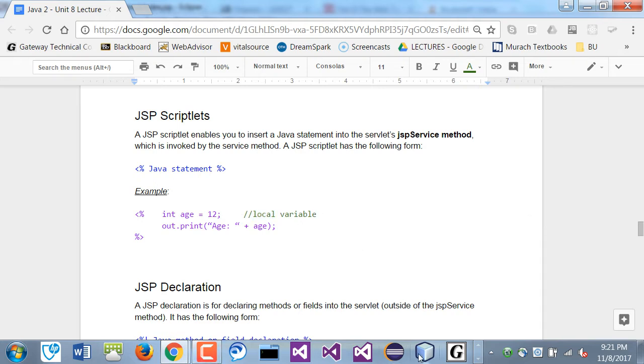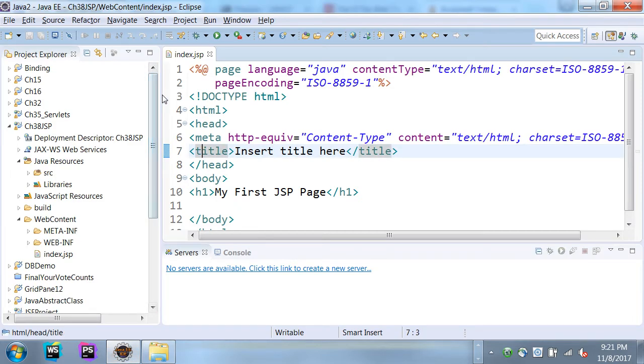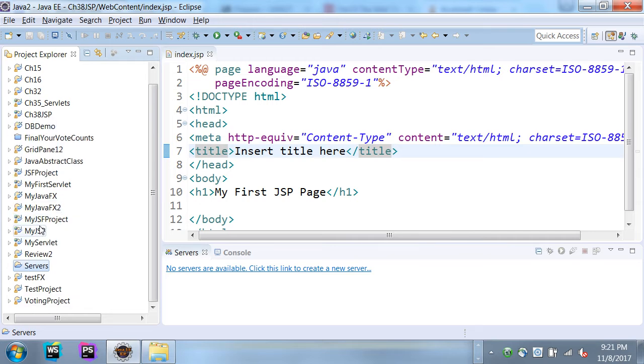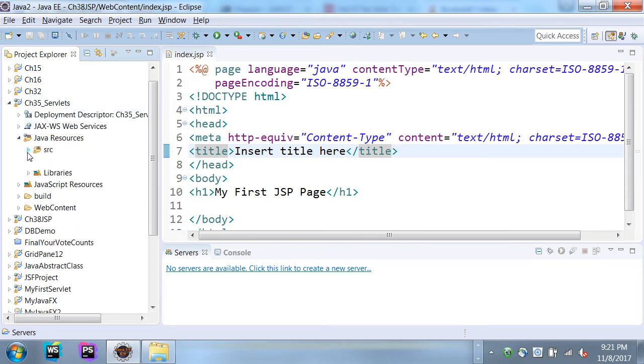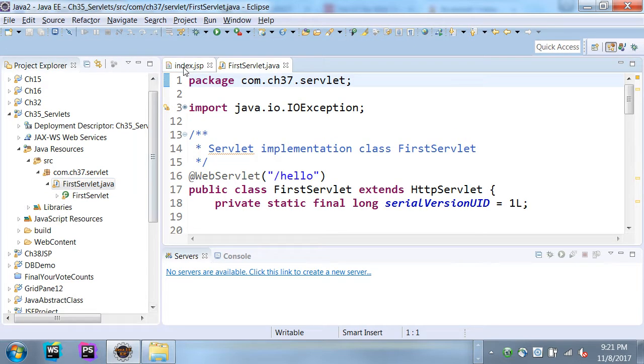If you look back at the file here, I'm going to pull up one of the old files we did last week on the servlet. Which one was it? 35. Okay, if you look at the servlet, my first servlet, if you remember,